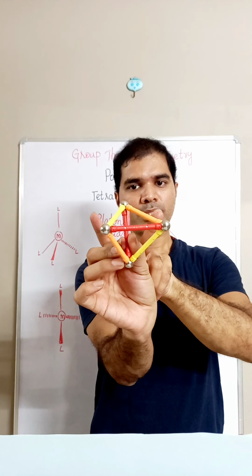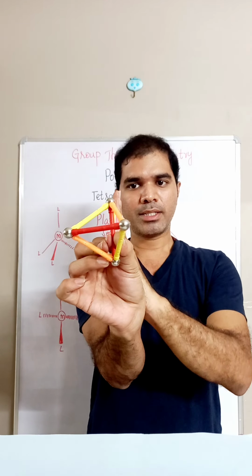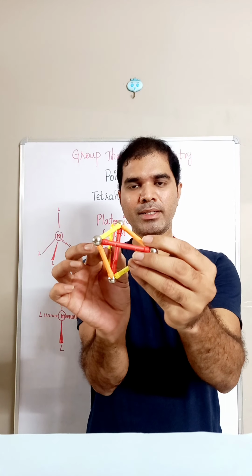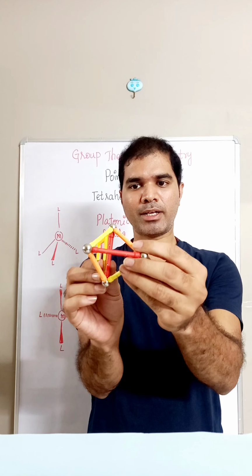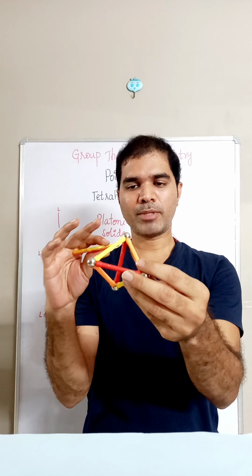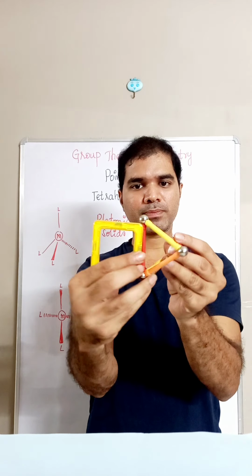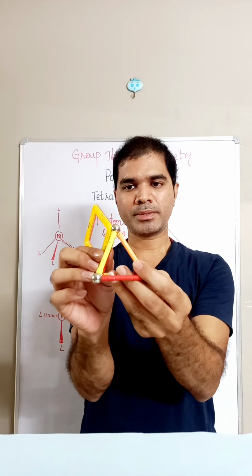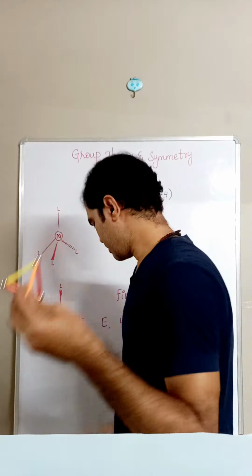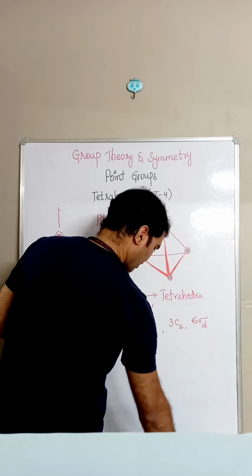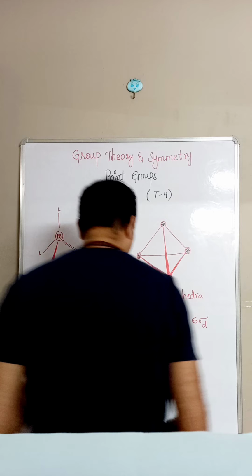So those 2 C2s, they are forming a dihedral angle, and this is a plane which is bisecting that dihedral angle. So we call this a dihedral plane. And through each edge there is a dihedral plane. There are 6 edges, and therefore we say altogether there are 6 dihedral planes. One of the planes I am showing you. It is just taking up one complete edge. Since there are 6 edges, we have 6 dihedral planes. Does the tetrahedron have any other symmetry element? We have to check.